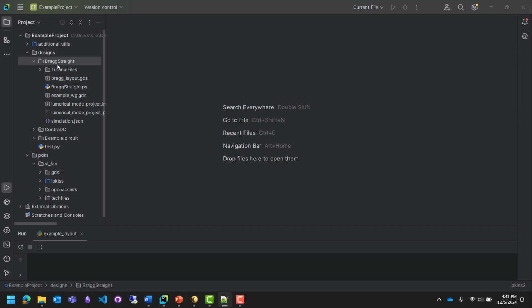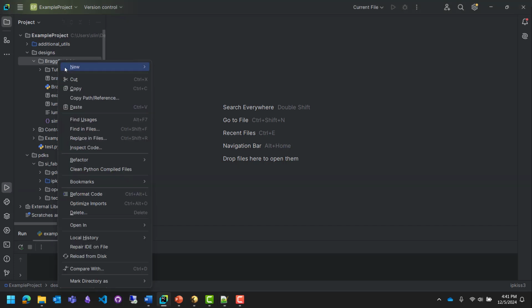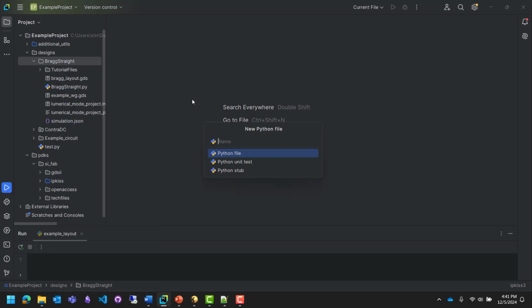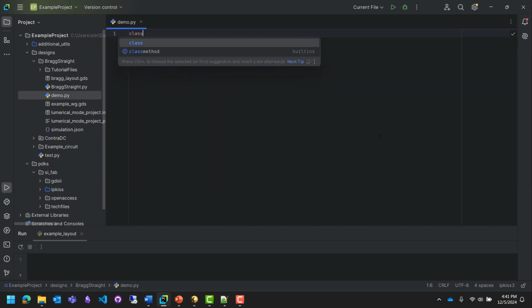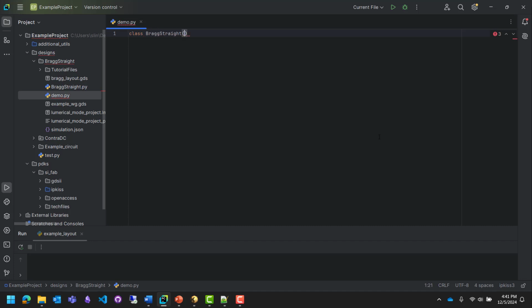So to start off, we'll go into our Bragg folder here, and then we'll create a new Python file. I'll just call it demo here, so you guys can follow along. But you should have one that's completed called Bragg Straight already. And in here, we'll lay out the framework of the code first. The framework of the code is quite simple. It's just a Python class. So we'll create a class, we'll call it Bragg Straight. And then the arguments we'll pass will be